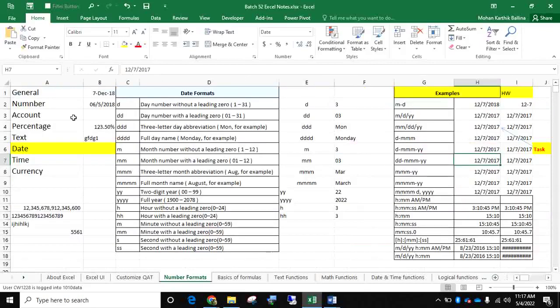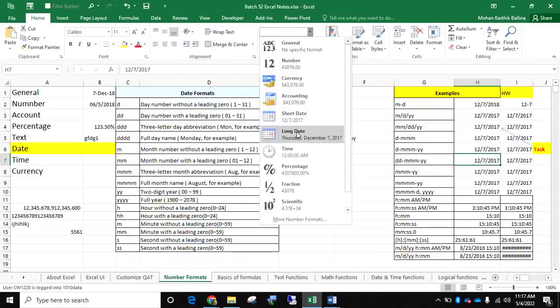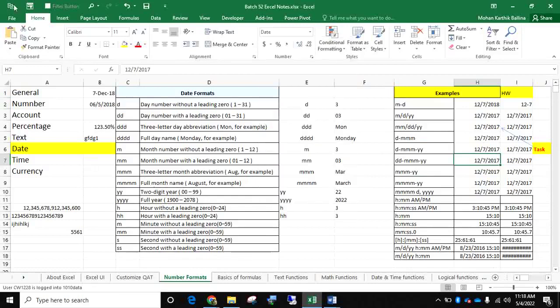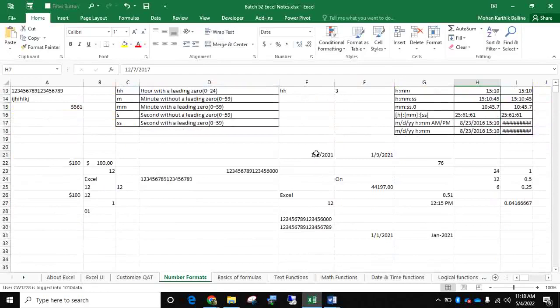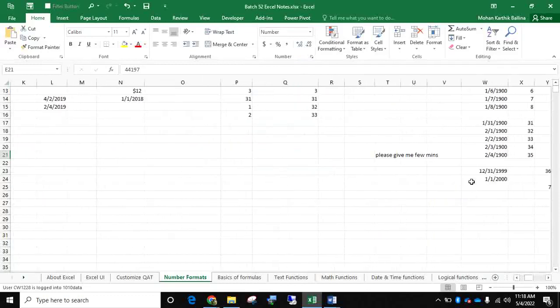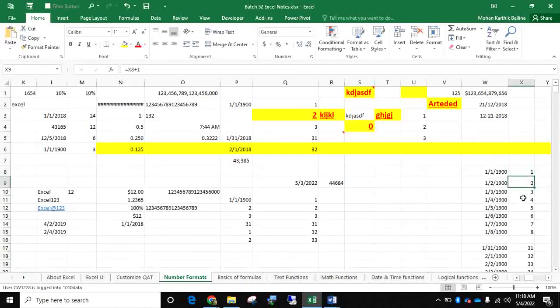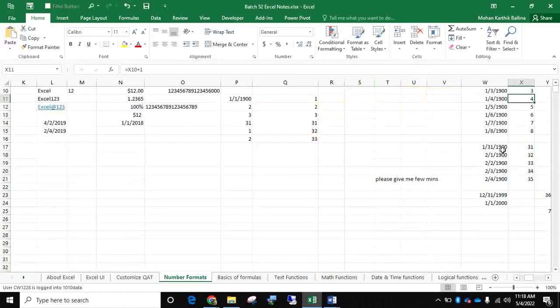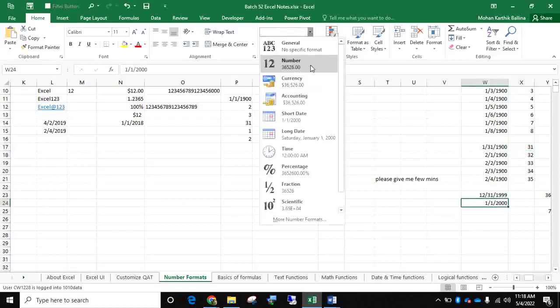The types of formats that exist in Excel are general, date, number, currency, accounting. Also, I have explained why the date was showing in the form of numbers, and how it is possible. Because our calendar starts from 1900, and each date is assigned a number. So every date has been assigned a number, and till today they have assigned a number to each date, and for this date we got a number of